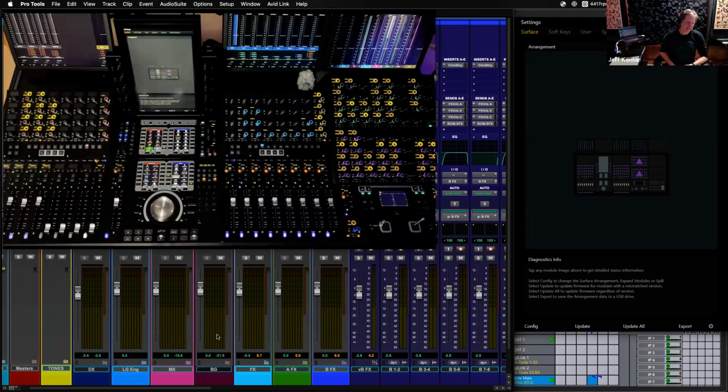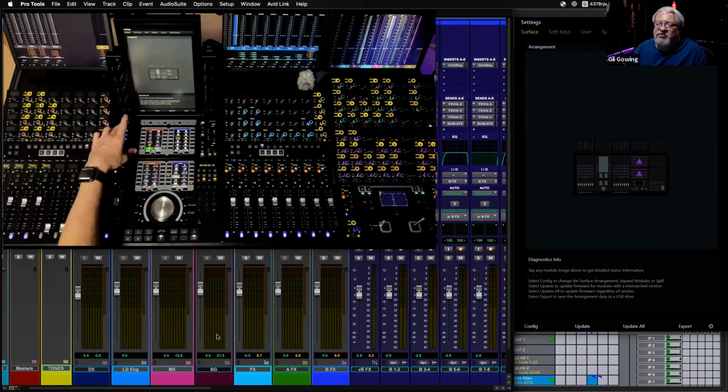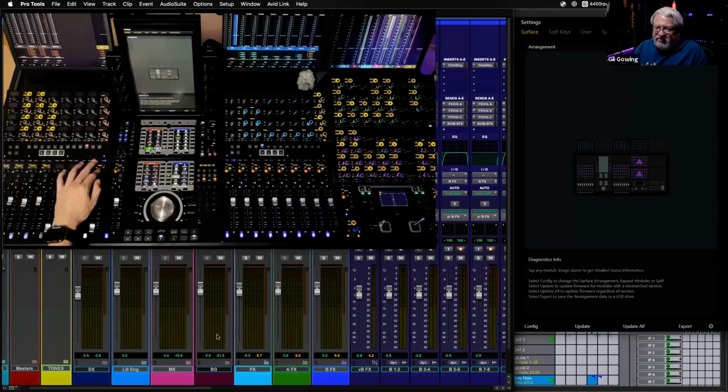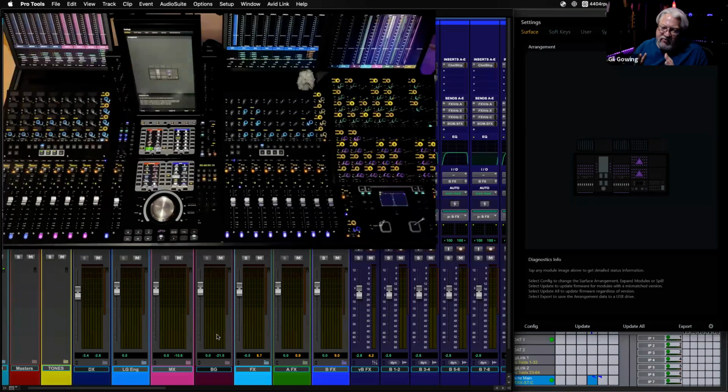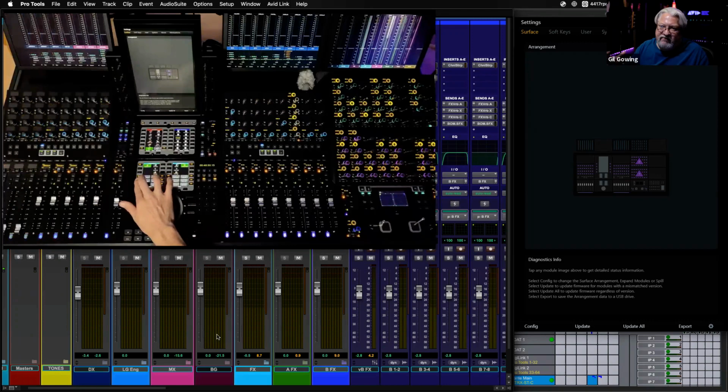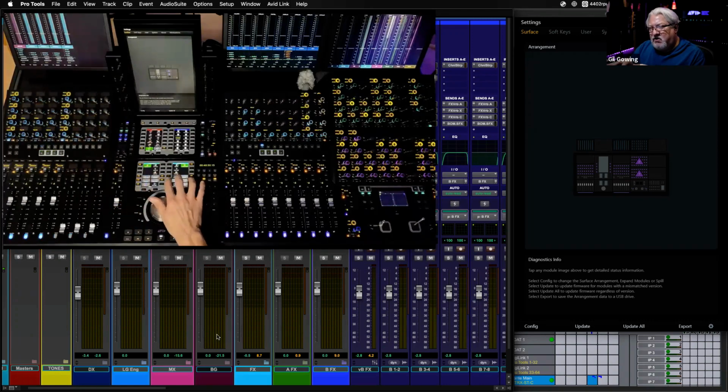It's one of those things that once you get used to that type of workflow, I mean, I go back to D-Command, D-Control back in the day. I used VCAs to do a lot of navigation. Yep, and that was a great workflow. But now with folders, with the processing you can do with routing folders and the nesting and everything, having all of that